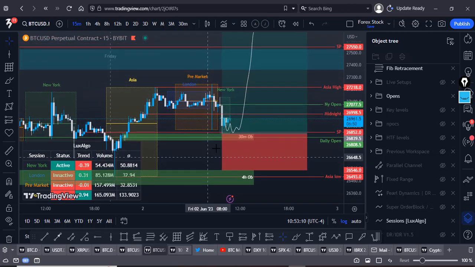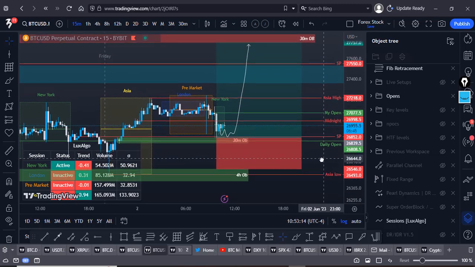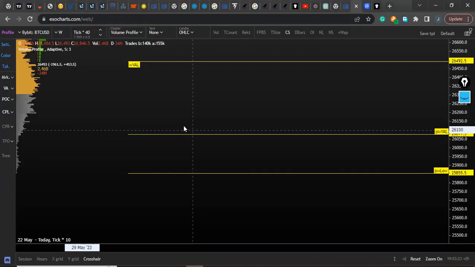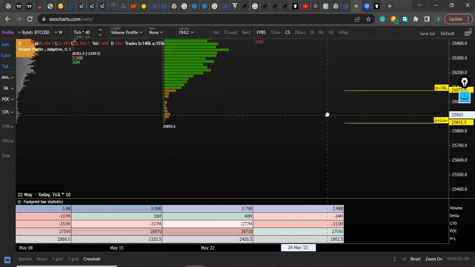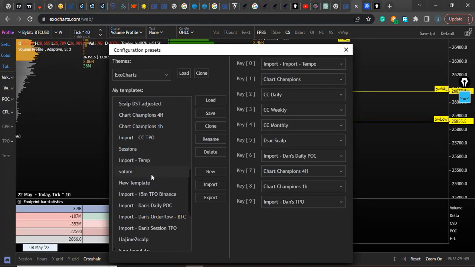Asia high has already been taken out, you can see, and we have an Asia low that has remained untapped. But if we go to Asia low and tap it, that's going to be bearish. So I'm expecting more upside, and then we are going to take the Asia low. Let's go check the footprints and the order flows